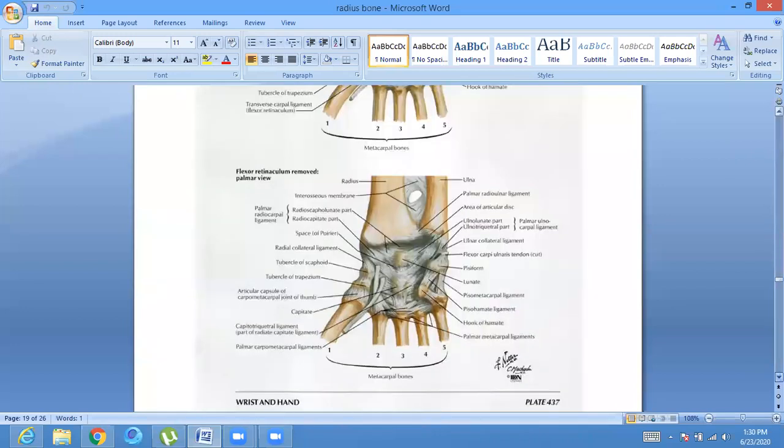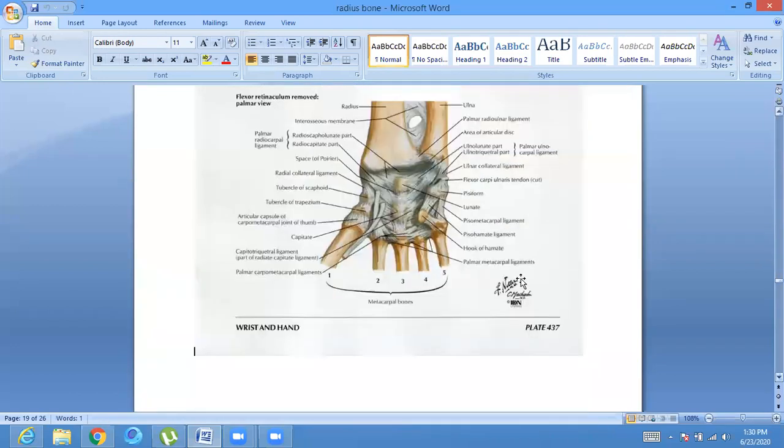I told you the lateral surface is projected downwards and forms a process called the styloid process. Styloid is a Greek word meaning pin-shaped or pillar-shaped. It is a lateral projection of the bone. To the base of the styloid process a muscle is attached, and that is the brachioradialis muscle.